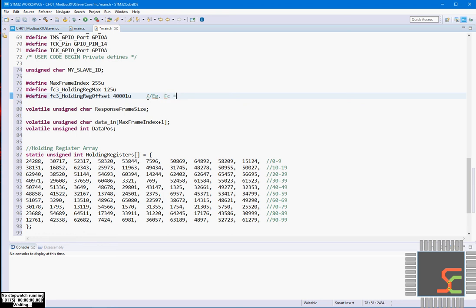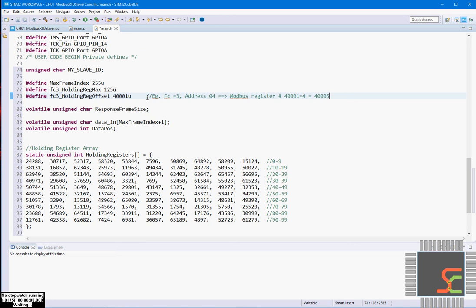For example, function code 3, address 04 is equal to Modbus register number 40,001 plus 4, which is equal to 40,005. So actually we will request data for Modbus register number 40,005. This concept of offset is very important to differentiate between the Modbus address and the Modbus register number.